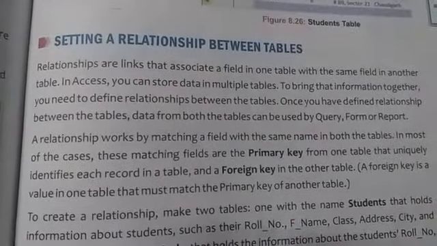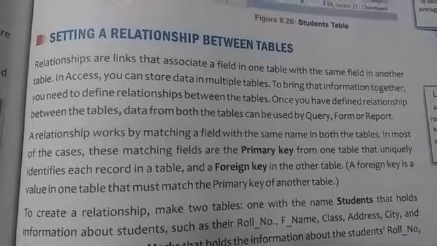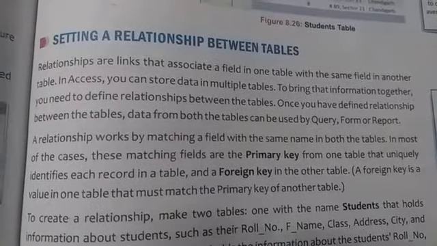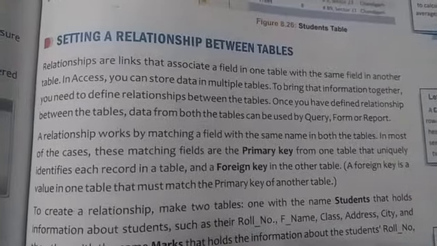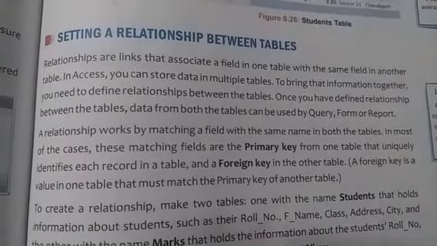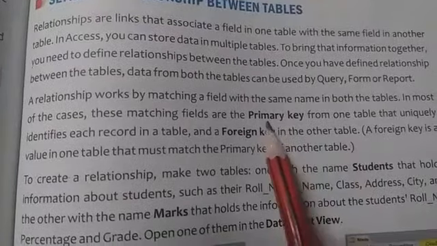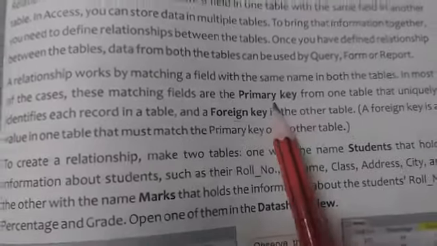After this we have setting a relationship between tables. If we want to interconnect one or more tables, then we have to set the relationship. Yes, आपस में हम एक दूसरे दो टेबल्स को आपस में कनेक्ट कर सकते हैं. So there are two types of keys for creating relationship between the tables, that is primary key and foreign key. What primary key will do, it will